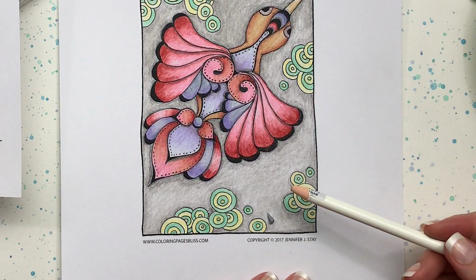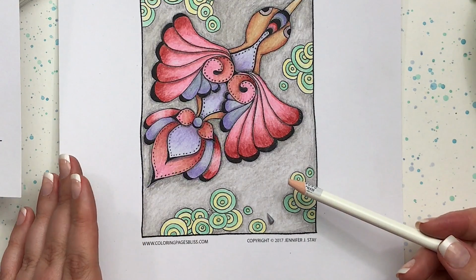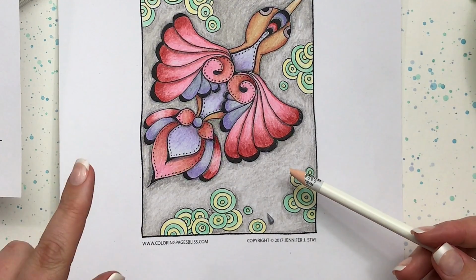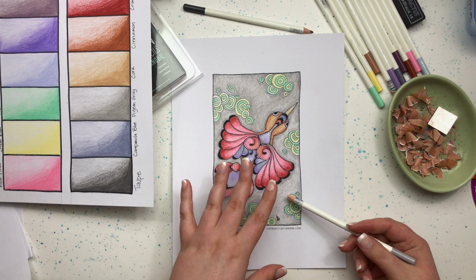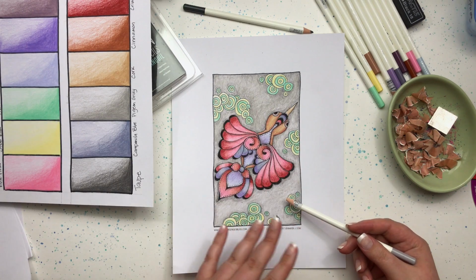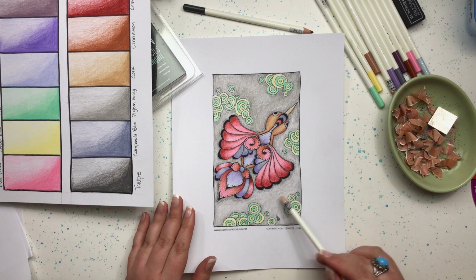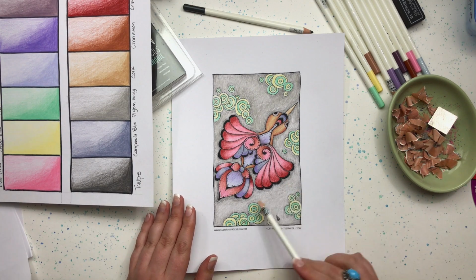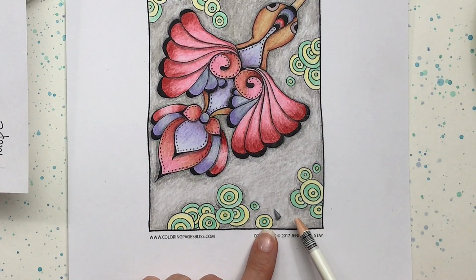Okay, well, I was almost done coloring and noticed that some of the wider areas just needed a little darkening to kind of bring the background together, and was going with kind of a light pressure to just go over it one more time to bring it all together, and darn it, we had a